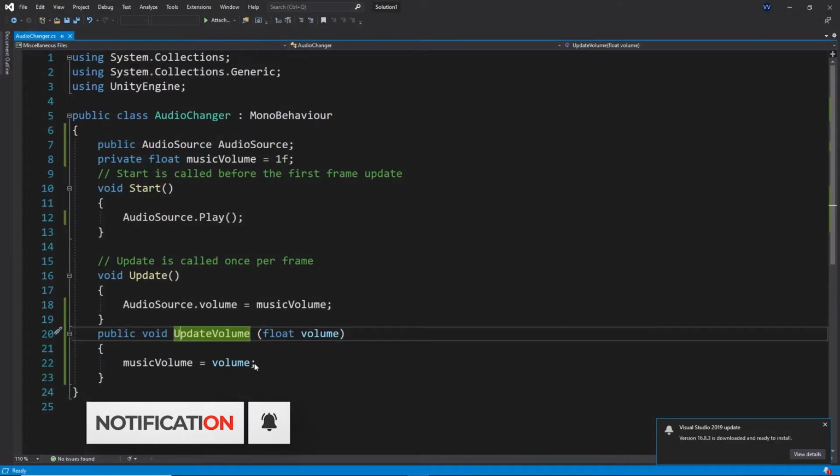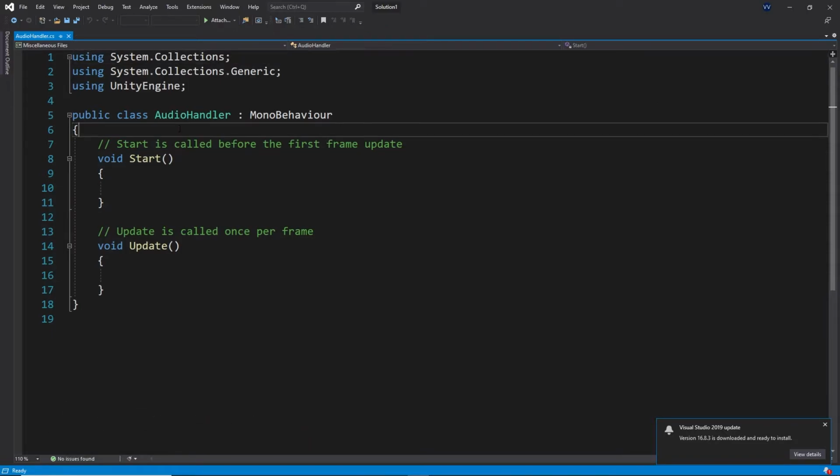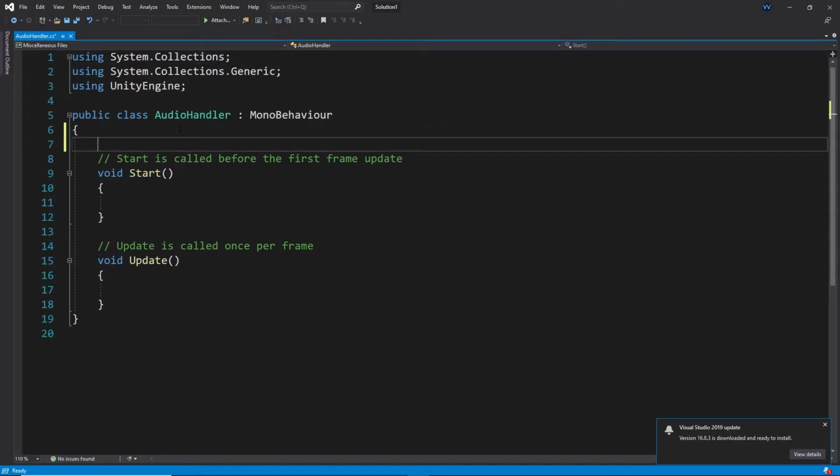Open the script. It will look like this. Now in the class, you have to mention a public variable. We are working with audio, right? So if you want to work with audio, you have to declare a variable of type AudioSource. This is a data type. I am using the data type AudioSource and declaring a variable with the same name, audioSource. It will be easy to identify.